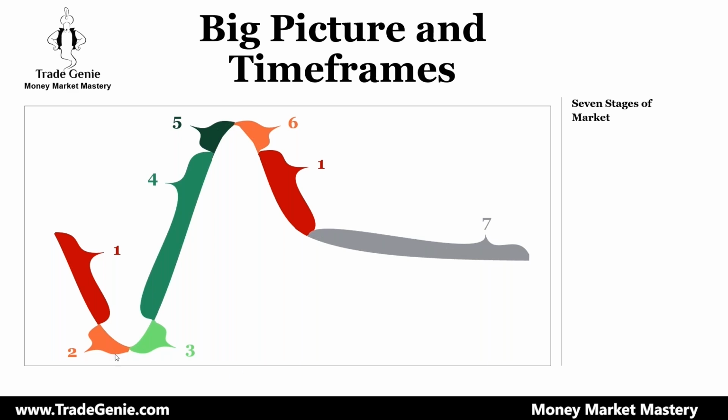So try to avoid anything which is in stage two, with tiny candles, 1 day up, 1 day down, 1 day up, 1 day down, and no volume. Now, after two, the market can turn into stage three. This is where the accumulation is going on. When the accumulation is going on, you will see more up days than down days. Sometimes there is suddenly one bar, a sudden move, and one big white bar appears, and then the market goes down 3, 4, 5 days. It's just down, red days, white days, red days, white days, and the volume is low.